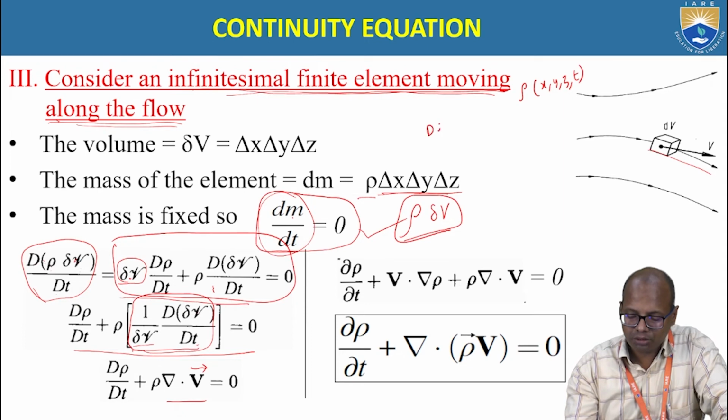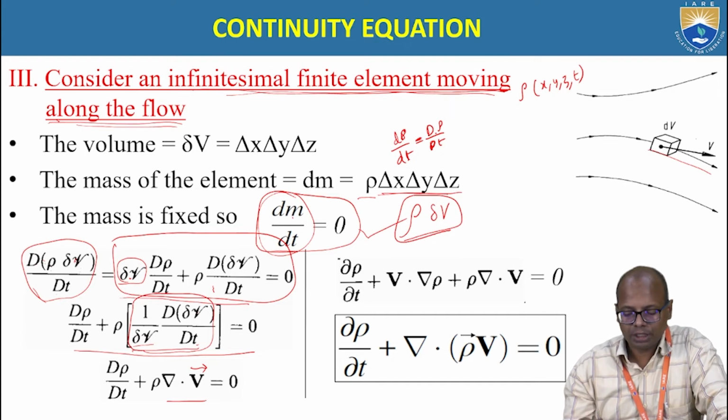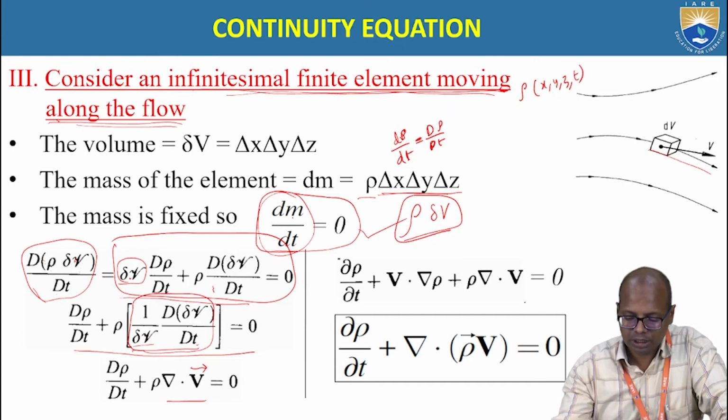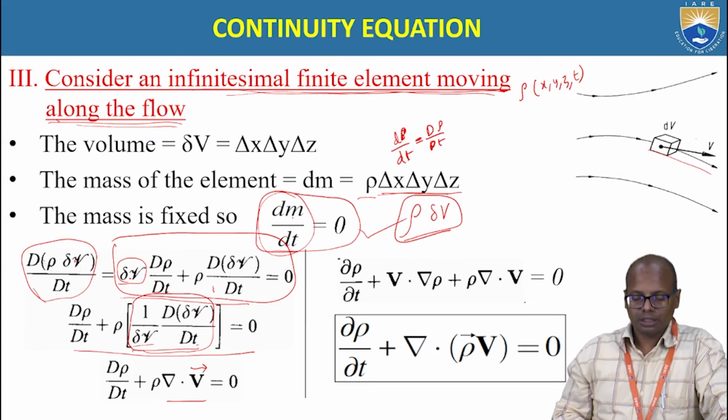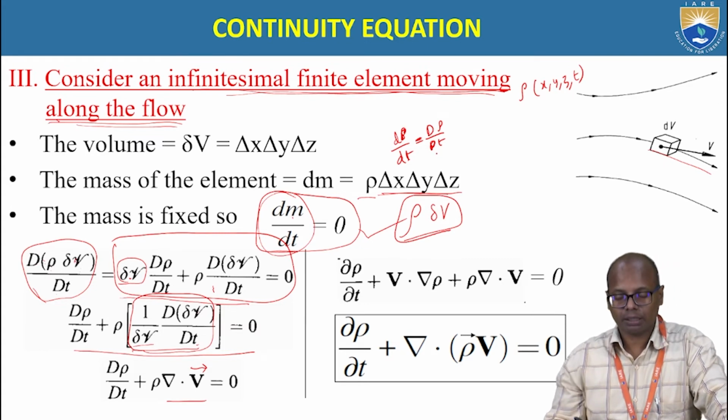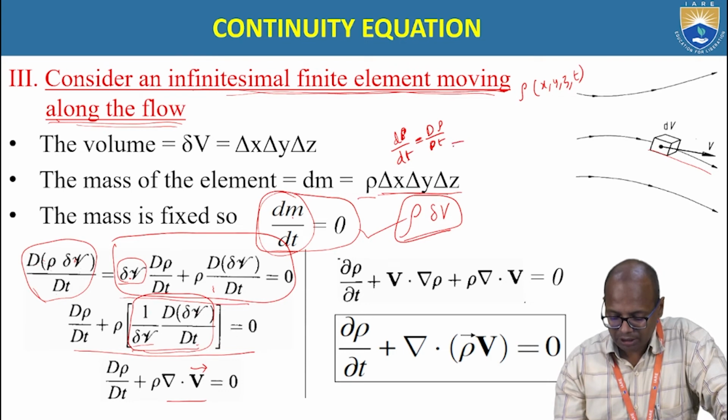Now d rho by dt or D rho by Dt, physically there is no change in the meaning, only that different people apply small d and different people apply capital D here. Now what is this? This is equal to